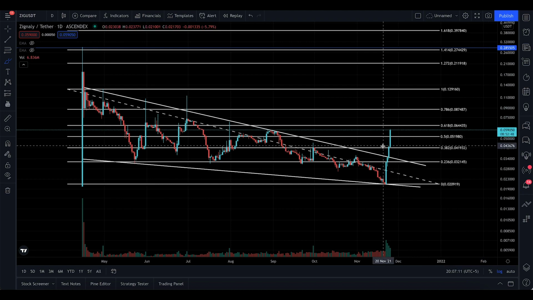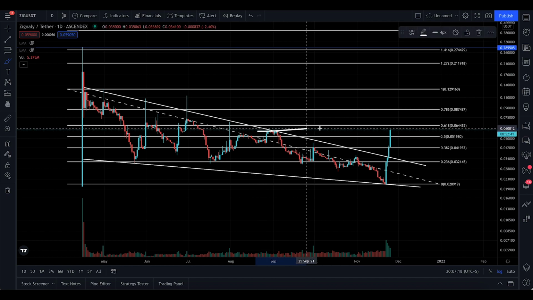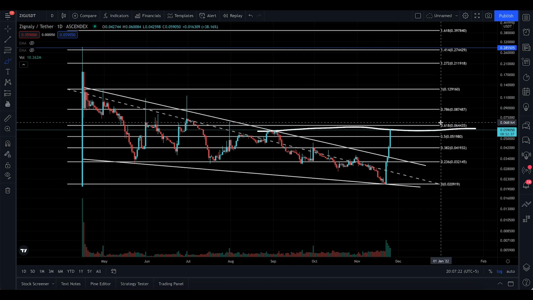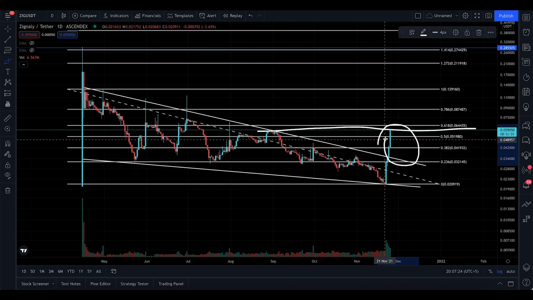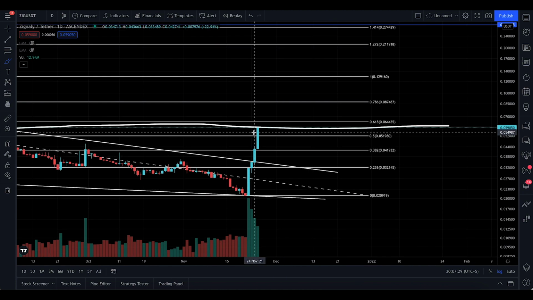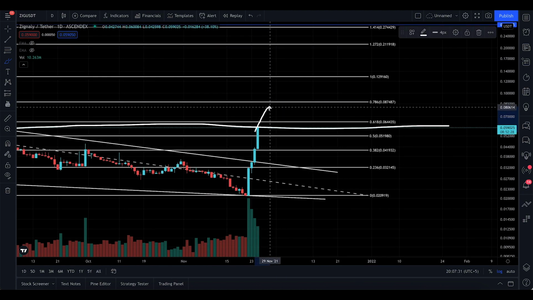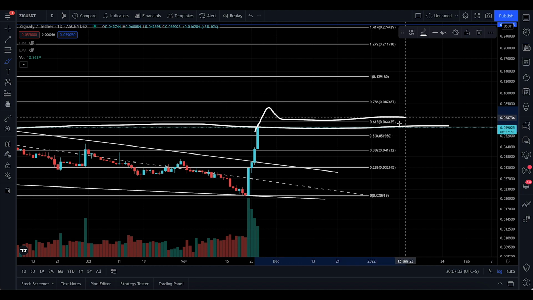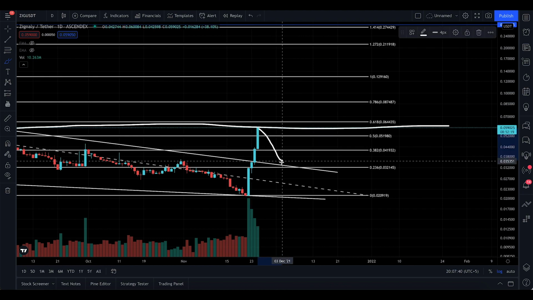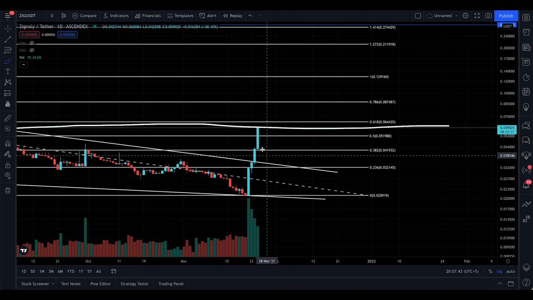So there's two scenarios for entering this coin. I'm going to tell you the scenarios, okay? Now, the first scenario is that you have this level of resistance right there. Do you see that? That's a level of resistance, and the 0.618 is also resistance. So if we end in three white soldiers like this, I'm going to zoom in, if it crosses the 0.618 and comes a little bit down to the 64 range here, then you can buy right there. Otherwise, you can wait for it to come a little bit down, which is the less likely scenario.